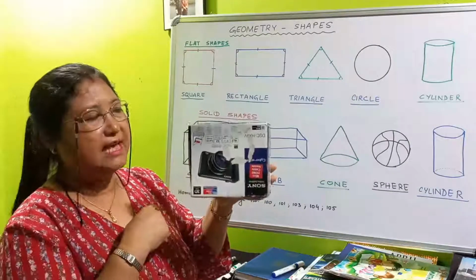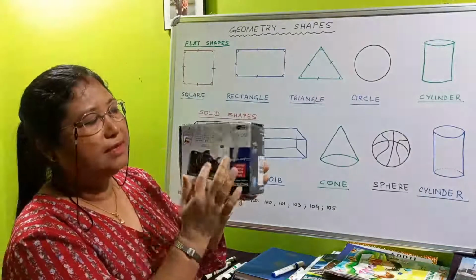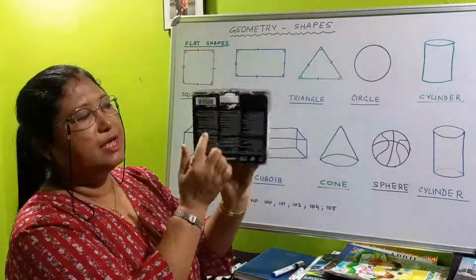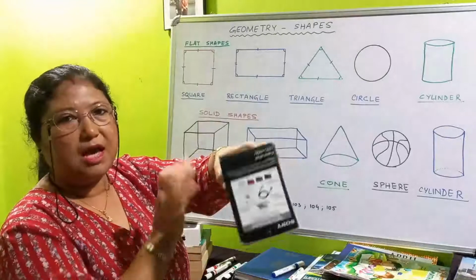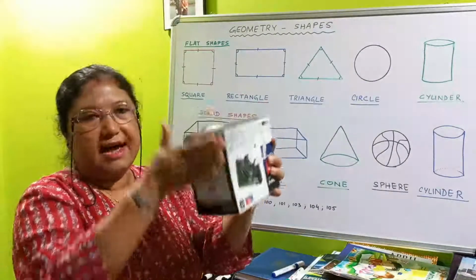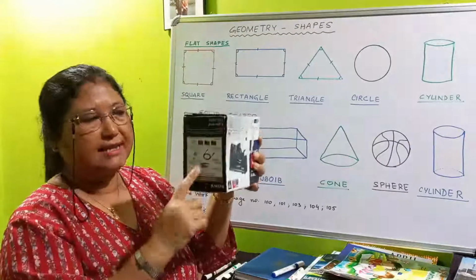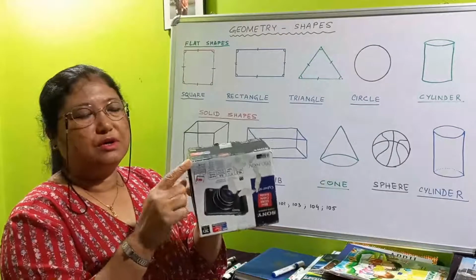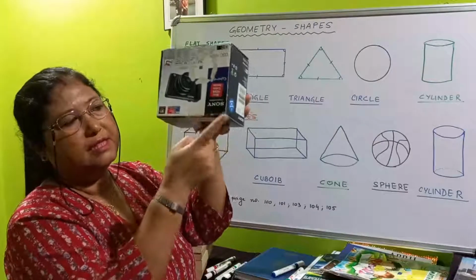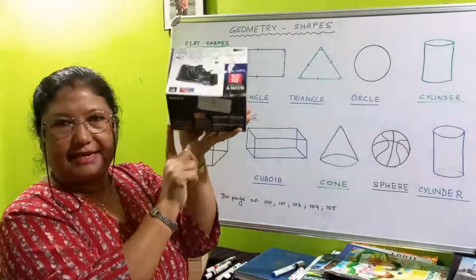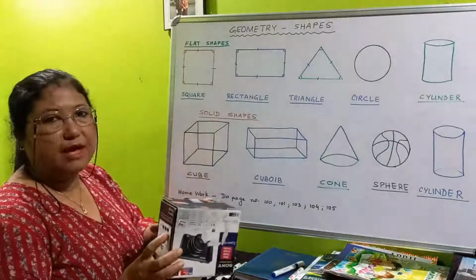And how many sides does it have now? This front face, they are called faces. So 1, 2, 3, 4, then 5, 6, 7, 8. How many faces? And this is called height. This is the height of the box. And these are called corners. How many corners? 1, 2, 3, 4, 5, 6, 7, 8. 8 corners. In a plane shape we have only 4 corners, but in the solid shape we have 8 corners.